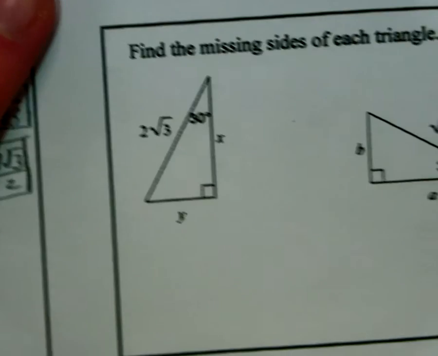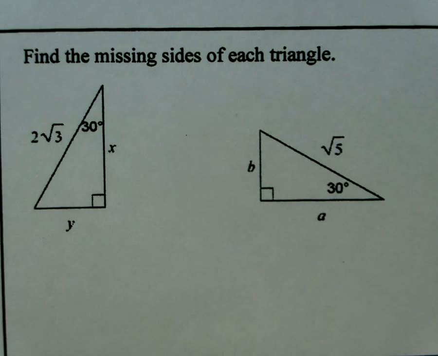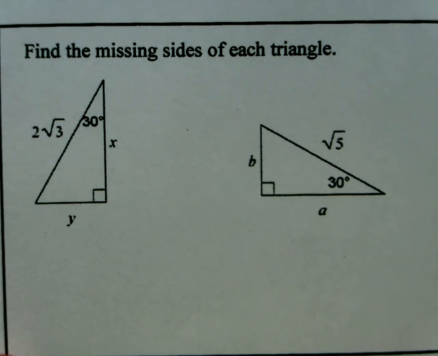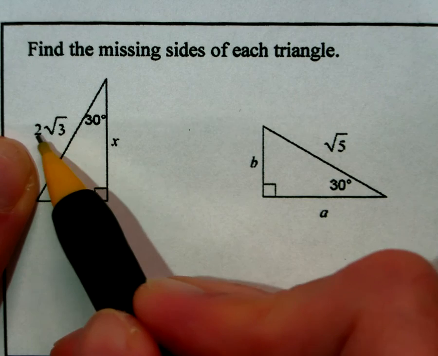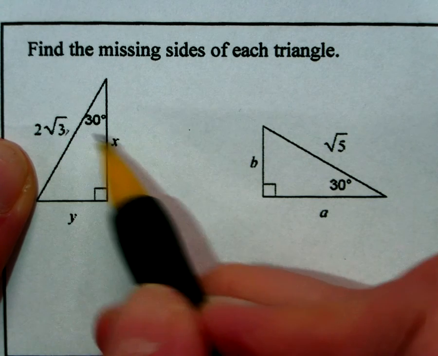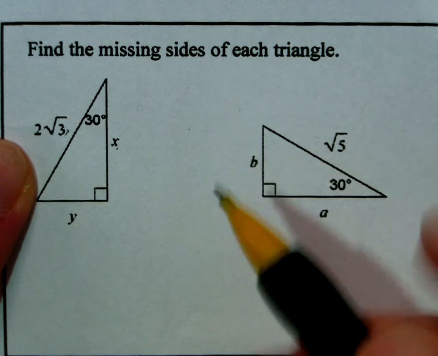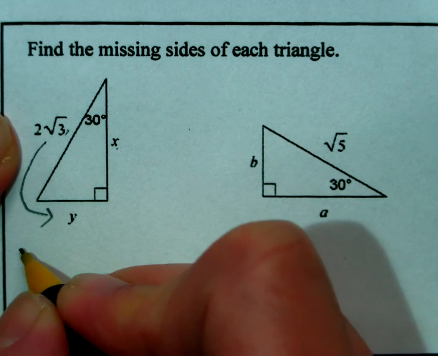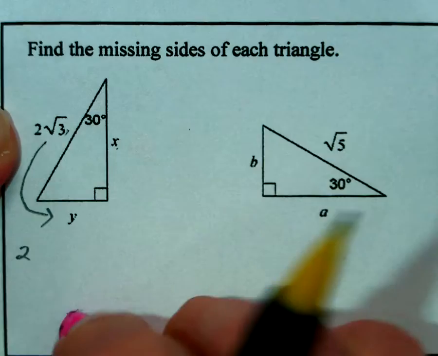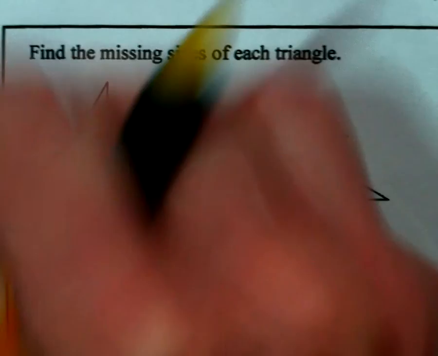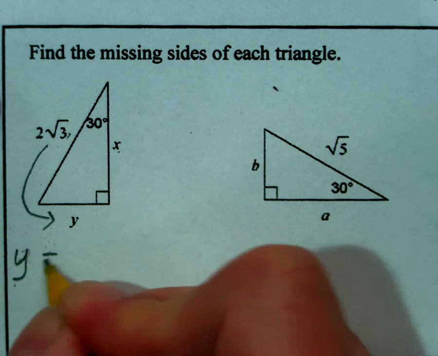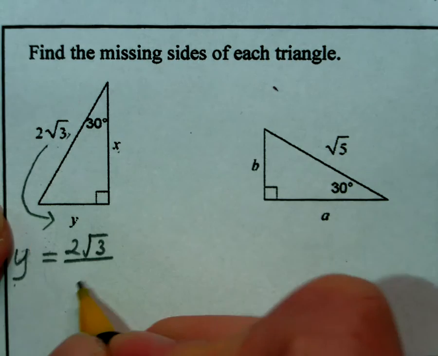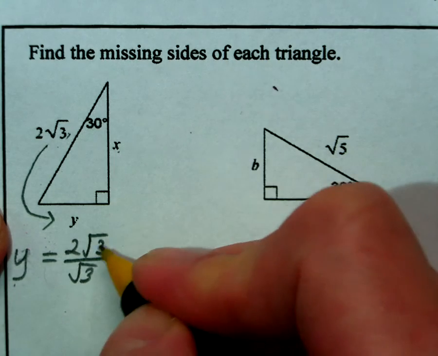If we go over to the next example, we have the hypotenuse is 2 square root of 3. We're used to seeing that square root of 3 on the long leg, but that isn't the long leg. You always want to go back to the short leg first. So basically we take, I'm going to label this. Hang on. So the short leg, y, is 2 times the square root of 3. And then we'd have to go backwards, we'd divide by the square root of 3, which means,